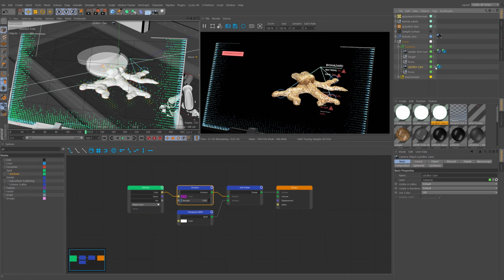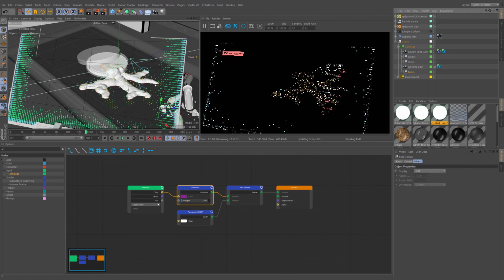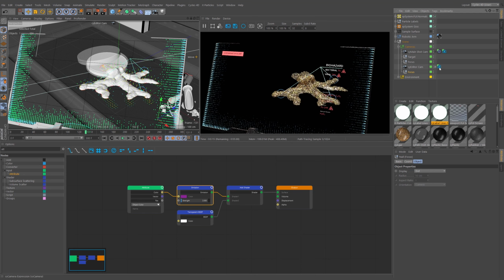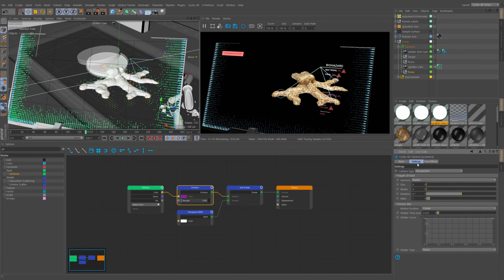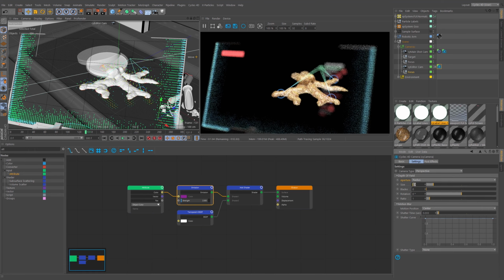Go down to our cameras. I've actually got this set up so that these nulls here are the focal points, but I need to go into the camera settings, and you can see in depth of field, you've either got an f-stop or a radius. We'll use radius to start, and that's a bit extreme actually. That's still extreme, but let's do